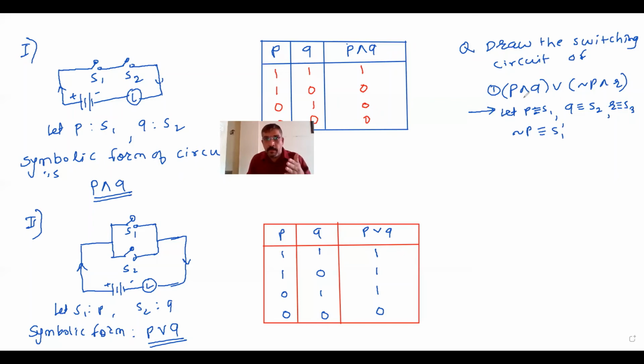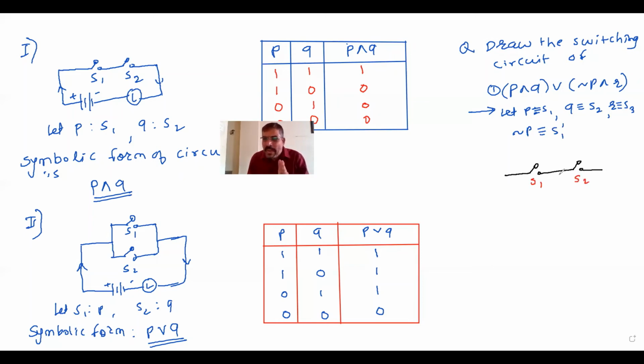When you are making the upper part, again read that this contains 2 switches connected in series, because AND is used. AND means series. So the first part we can draw here. Let us see how to draw it. The first part of this expression we can draw using this. Okay, this is the first part of the circuit. We can give symbols to these switches: one is S1 and the other is S2.